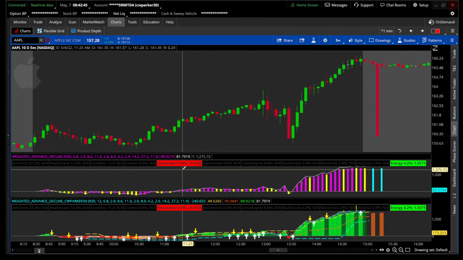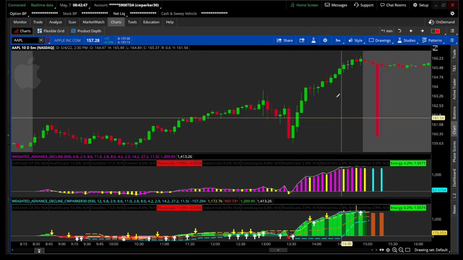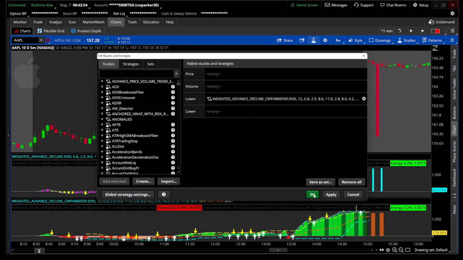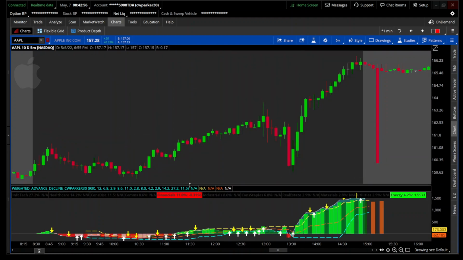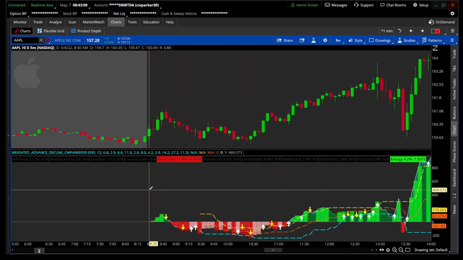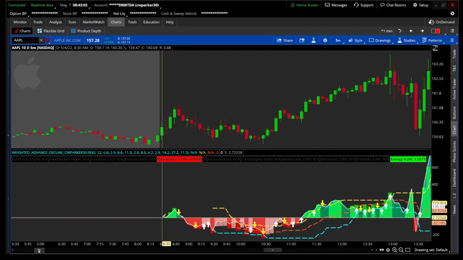Financials are red. I'm going to take that one off and go over the modifications that I did to the indicator. So the modification that you can immediately recognize is I took the MACD diff and put it in there for